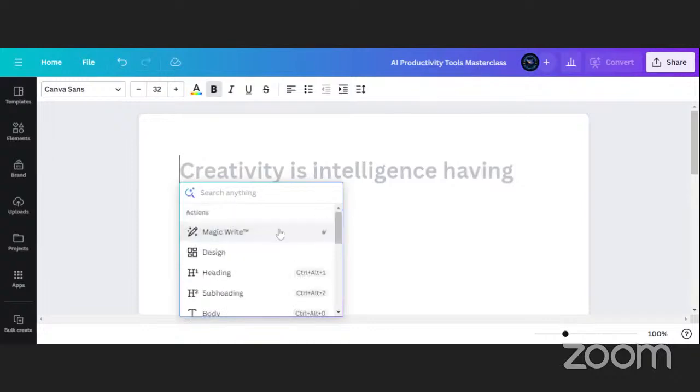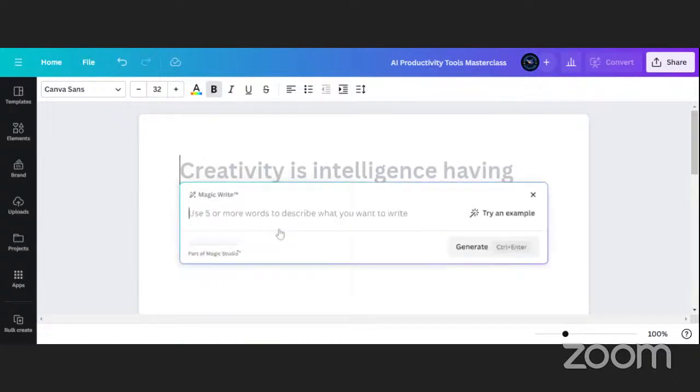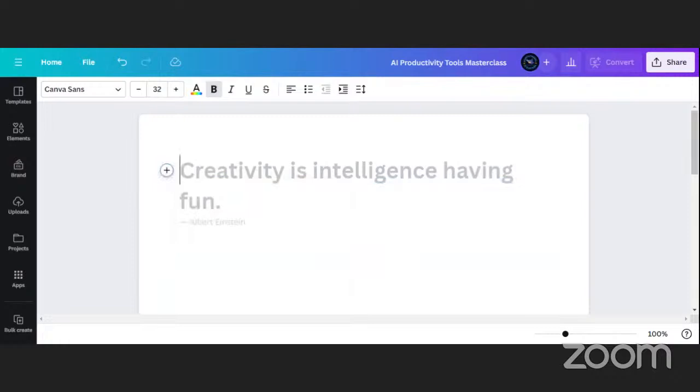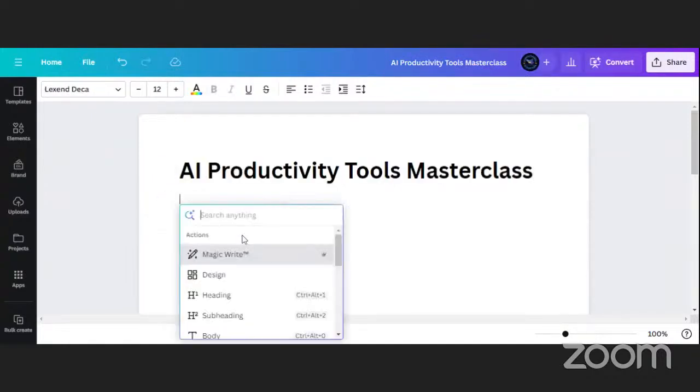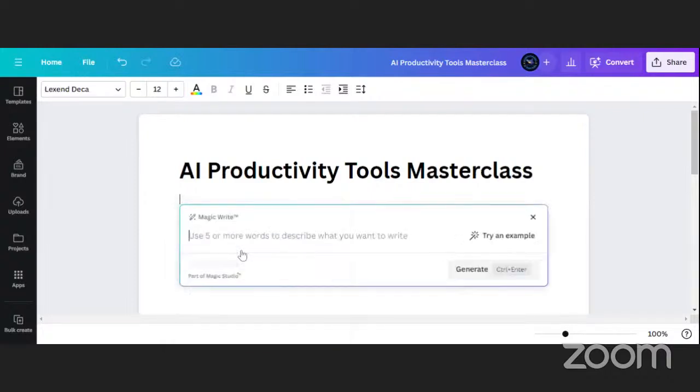Okay, let's say we want to do Magic Write. Okay, let's not do title. Let me get our title here. Then I put our title here. Okay. Now we can start here. And then you can say Magic Write.